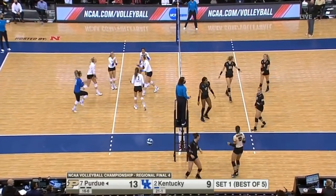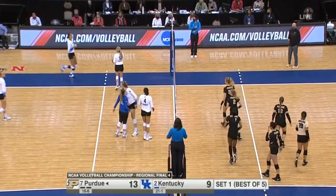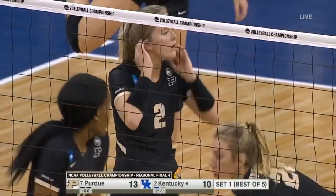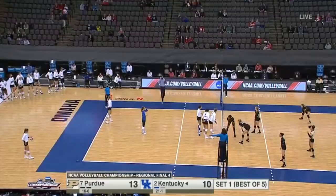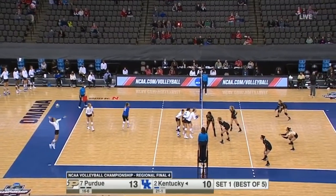Nice dig by Bush on the slide. Getzinger able to put that ball away. A couple of very easy serves. Purdue better pick that up a little bit. Curry's gonna deal with that easily. Yeah, and I like going back to Getzinger, and she can get on this ball, move it around in different areas of the court as well on that slide. Another